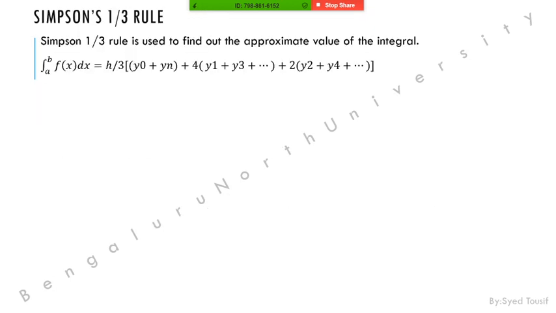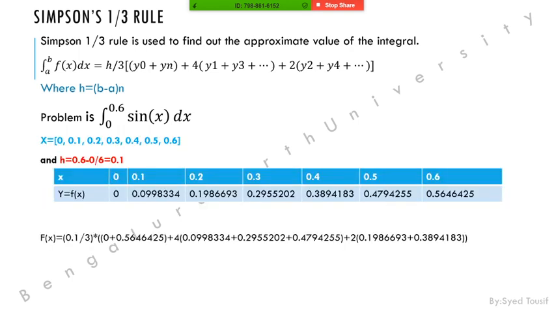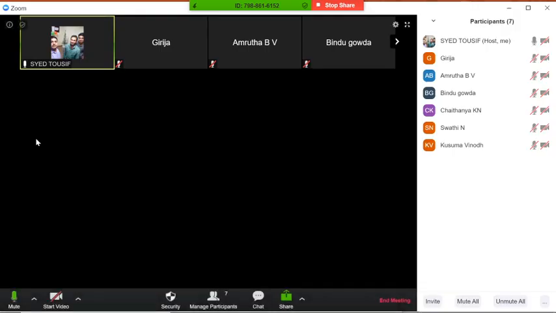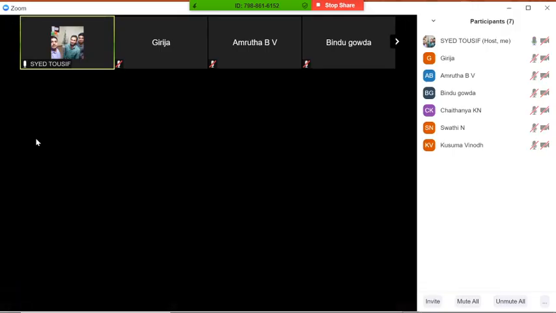If you want to apply any other formula using this function which I have already shared with you, you can modify the same function and complete the task. One simple problem we have seen, and we have seen the program also. If you guys have any doubt, we can clarify that.